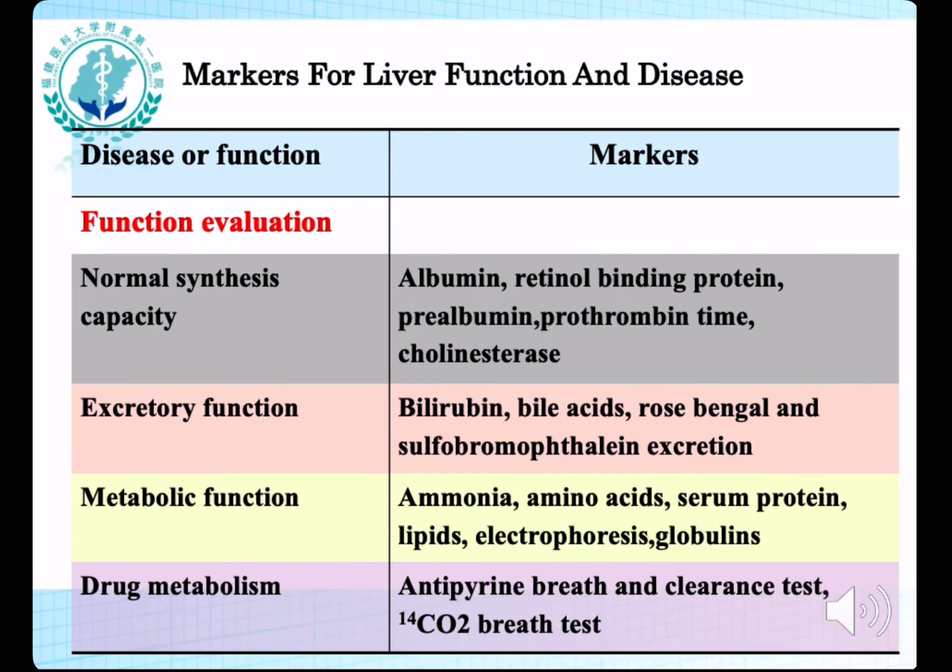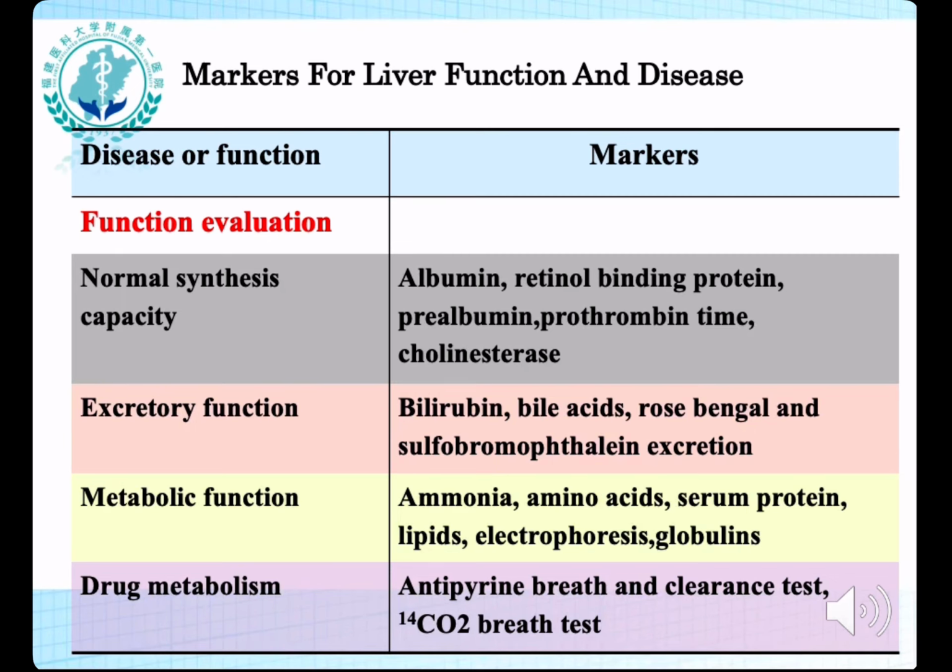This figure shows some markers and methods for evaluation of liver function and disease, such as ALB, retinol binding protein, pre-ALB, prothrombin time, and cholinesterase for normal synthesis capacity; bilirubin, bile acids, Rose Bengal, and sulfobromophthalein excretion for excretory function; ammonia, amino acids, serum protein, lipids, electrophoresis, and globulins for metabolic function; antipyrine breath and clearance test, and carbon-14 breath test